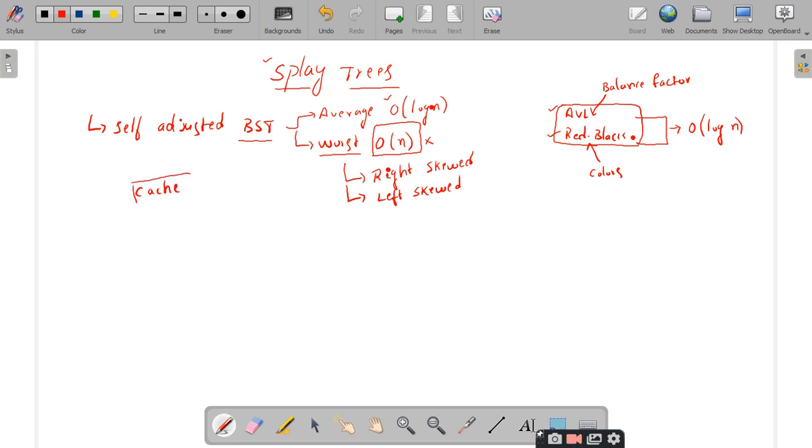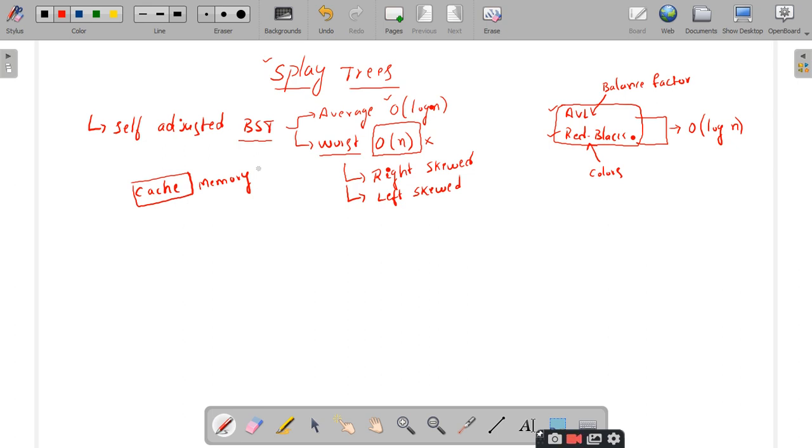Have you ever heard of this term cache memory? Yes, sir. What is the main purpose of cache memory? What is the purpose of cache memory? Why do we go for cache memory? We have secondary memory, primary memory, RAM is there, ROM is there, but why again are we going for the cache memory?